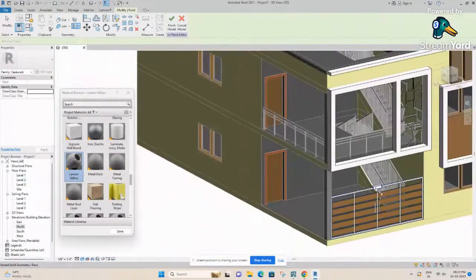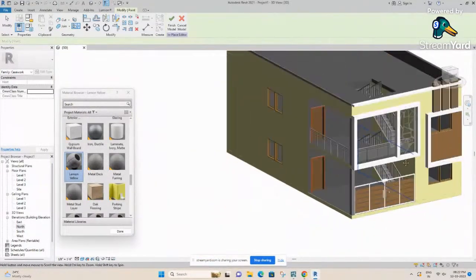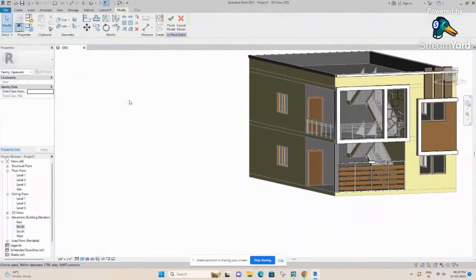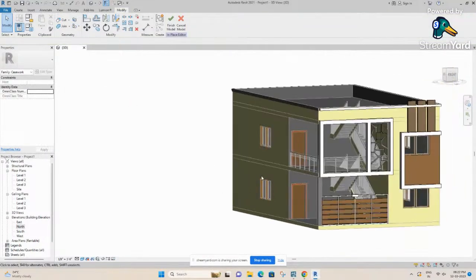And once I have painted all my elements, last thing is I need to give a color to the front